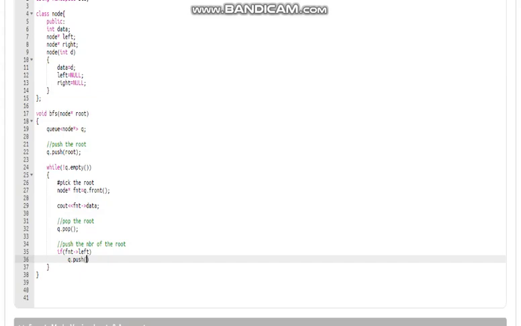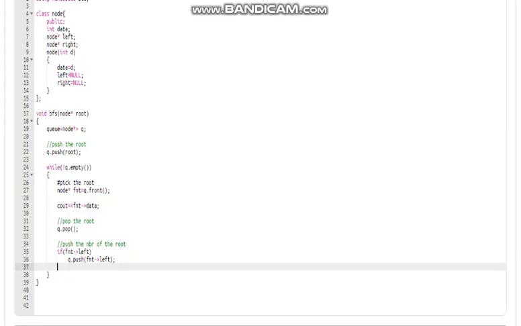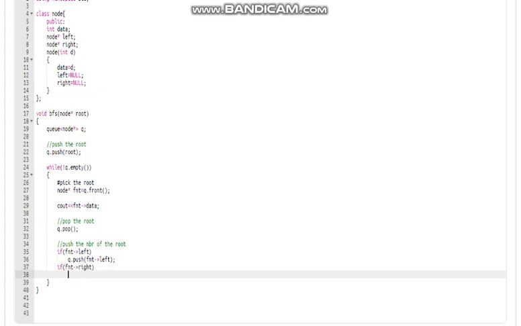We'll push the left child of fnt. Similarly, if the right child is not null, then we will q dot push the right child, fnt right.